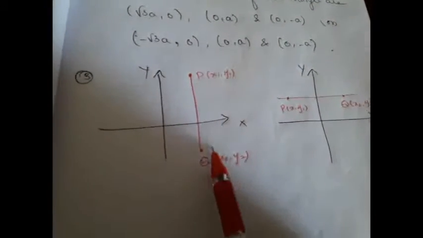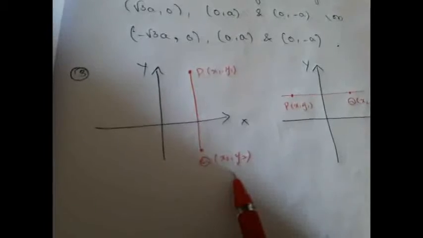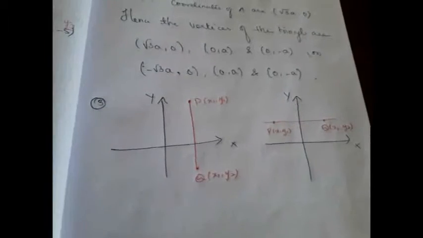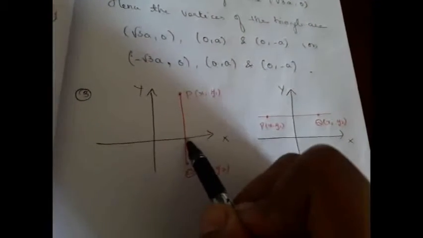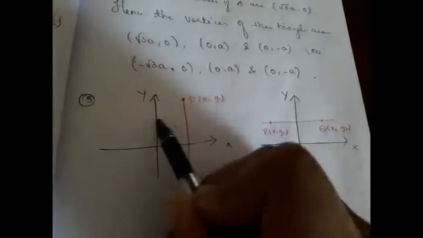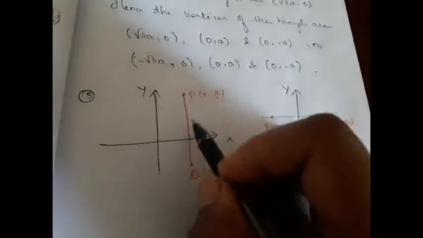Our next question is, find the distance between P and Q, where P is x1, y1 and Q is x2, y2, when PQ is parallel to y-axis and PQ is parallel to x-axis. Now see, PQ is parallel to y-axis. What do you infer from this? When PQ is parallel to y-axis, all the x values will be same, right? All the x values are same, only it differ with the y values. All the points lie on the line. Yes or no?